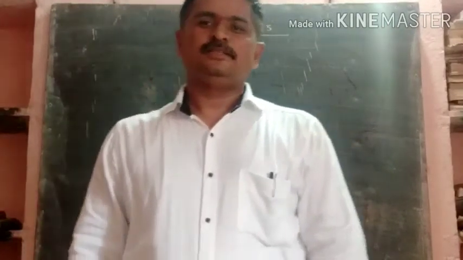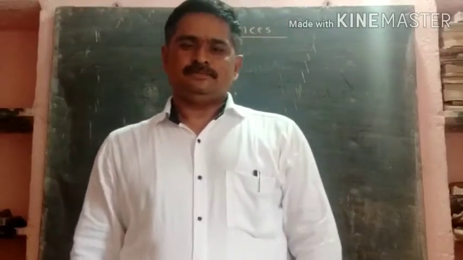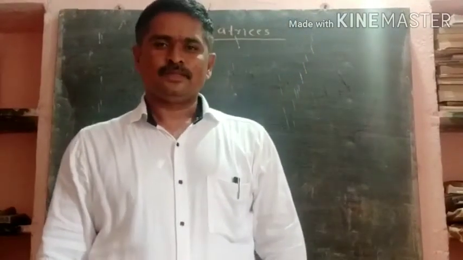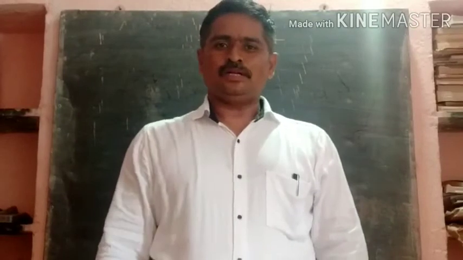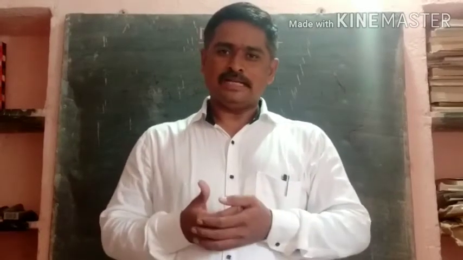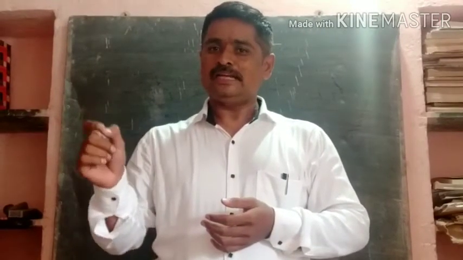Hello student. Today we are going to learn the next chapter, that is matrix, and we are well known about matrix as well as determinant. First of all, consider we have one determinant. That means it is a square arrangement, that means the number of rows and the number of columns are equal in the determinant.